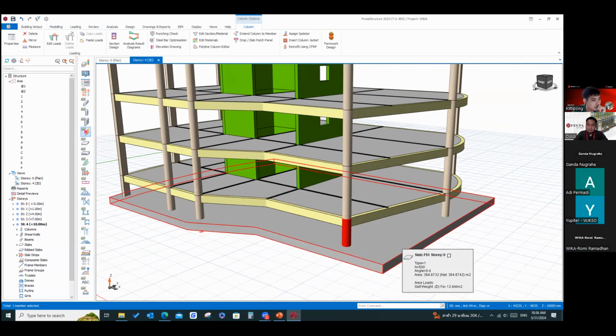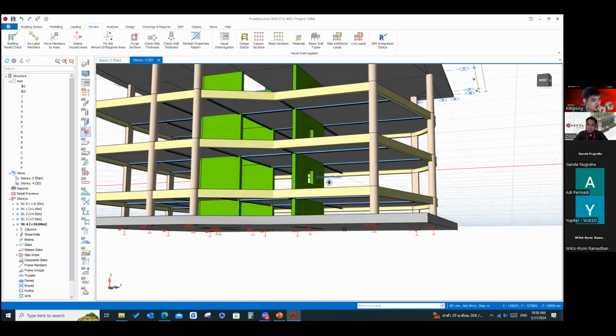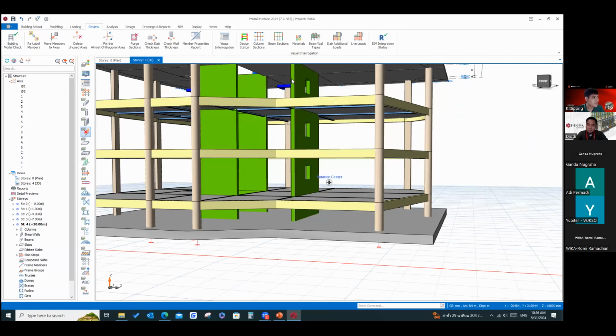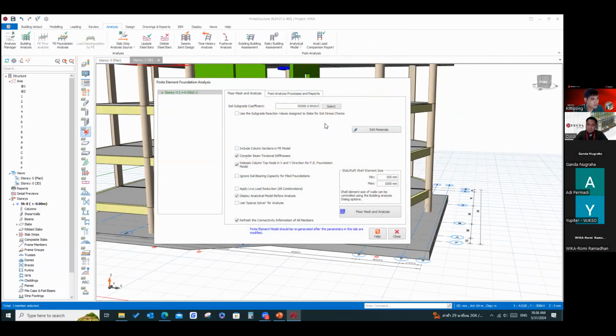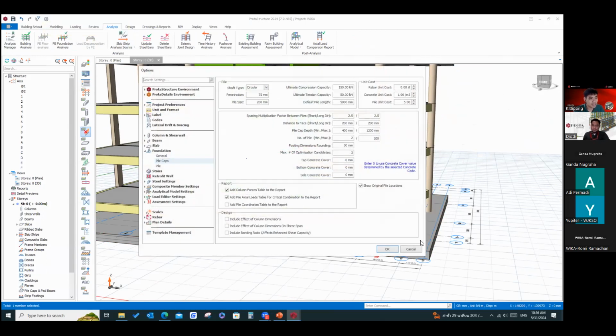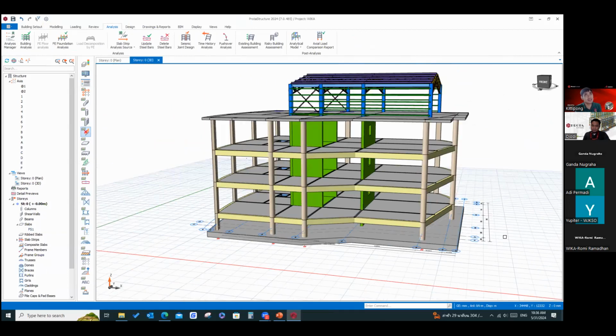Usually for the boundary condition in foundation, we use spring like that. Okay, you understand, Kitipong, about my question? Normally the assumption is based on the soil beneath the foundation being capable of holding the building.